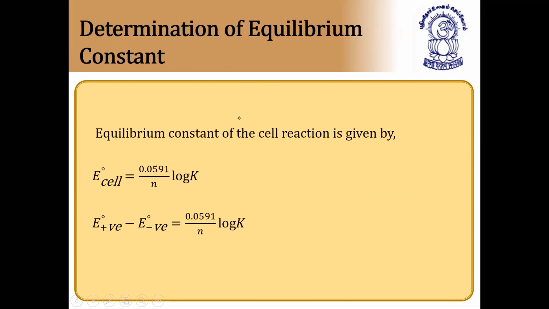Next we have determination of equilibrium constant. This is the recap of formulas. Already we have done these questions also. So equilibrium constant can be calculated at equilibrium, E is equal to 0. So E° of cell is equal to 0.059 by n into log K. And E° of cell is equal to E of positive minus E of negative, that is reduction minus oxidation, or cathode minus anode, or right minus left. So you can use the same formula and find the answer for the equilibrium constant. And when they give log K, you have to take the anti-log of that. That type of numericals we already did in the last session. Next.